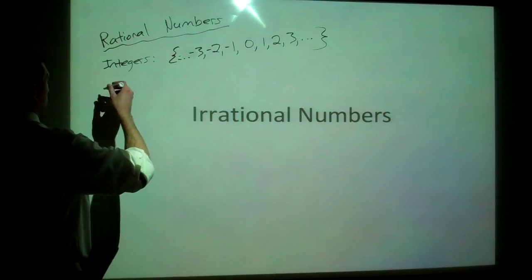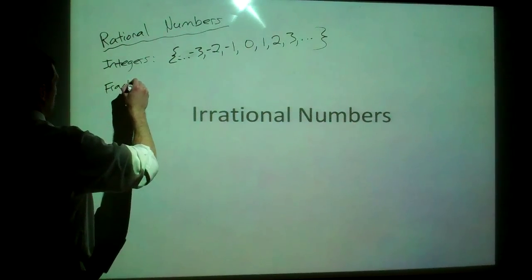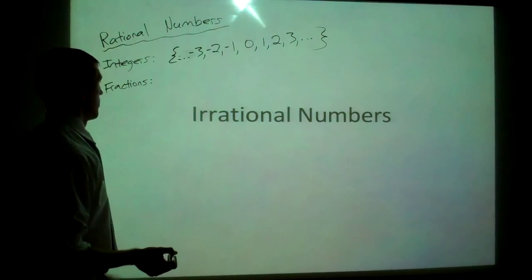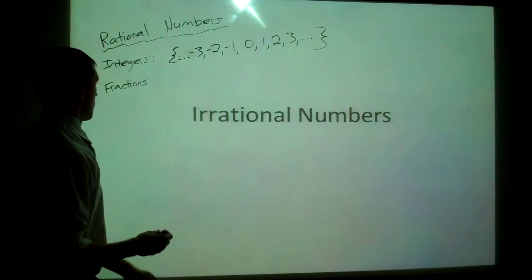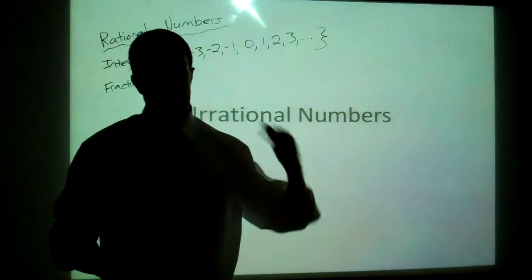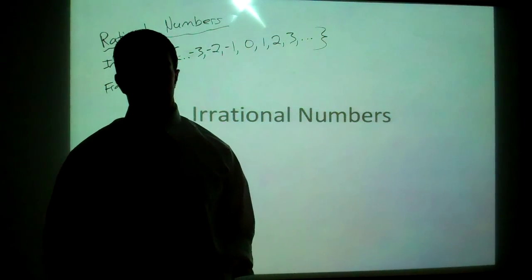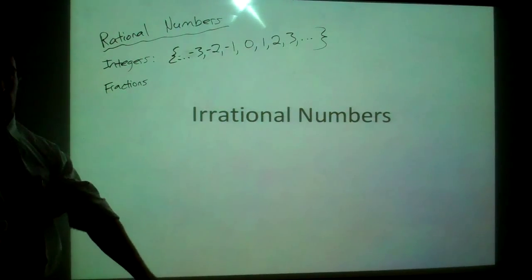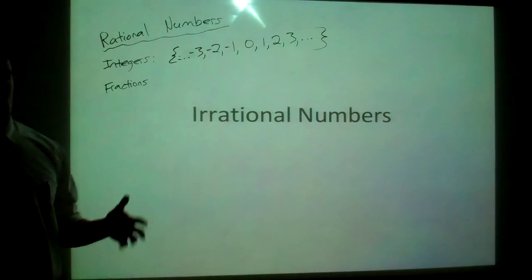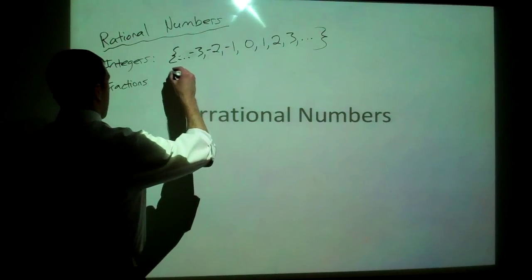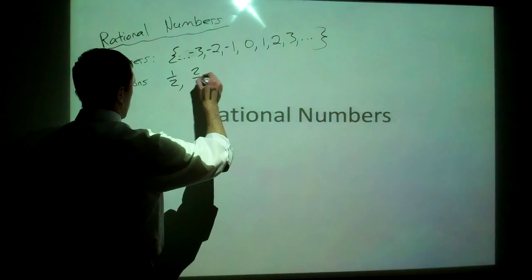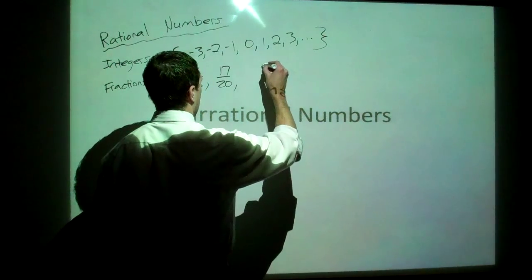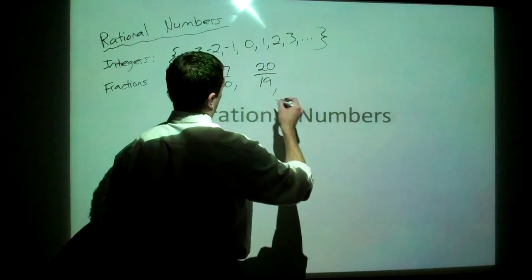It also includes all your fractions, whether they be positive or negative fractions, but I'll just say all fractions. So it can be written as a fraction, it can be written as a negative fraction, it can be a negative number, an integer, it could be positive. Basically all your nice numbers, so we could have 1/2, 2/3, 17/20. Even improper fractions are okay. 20/19,